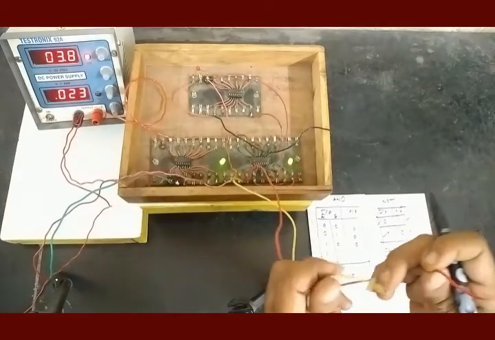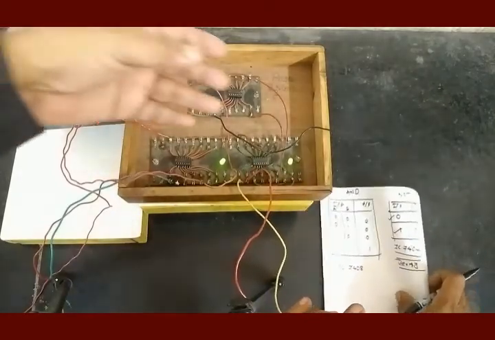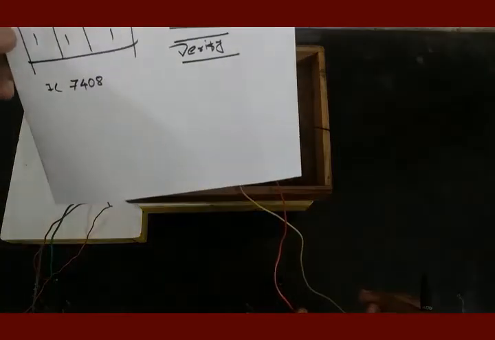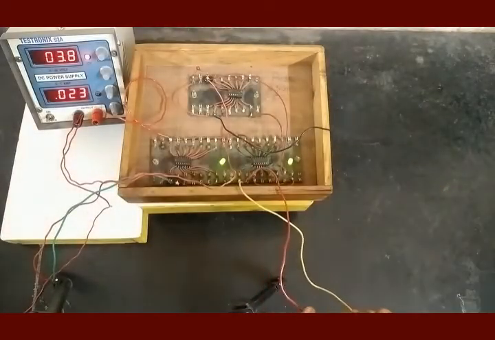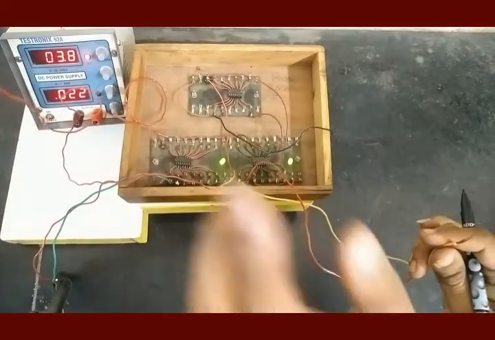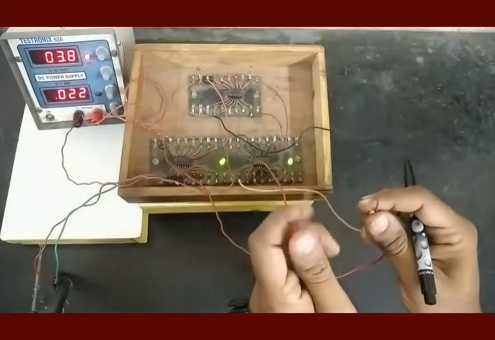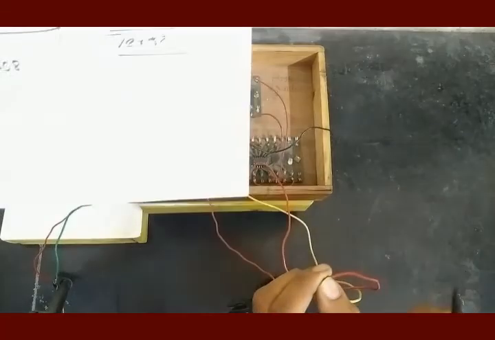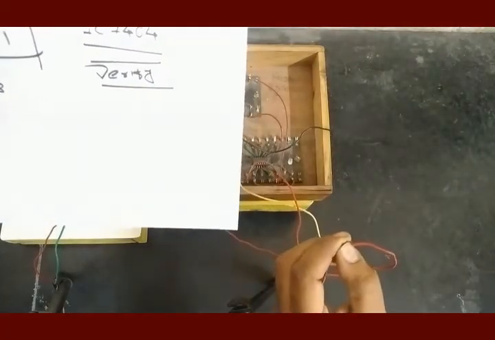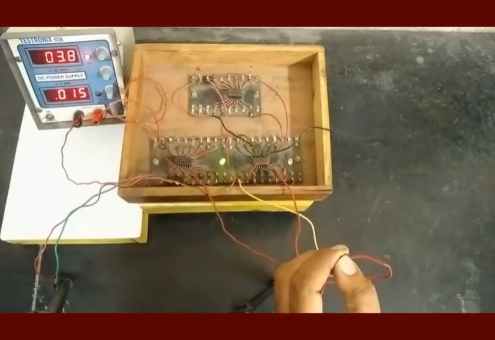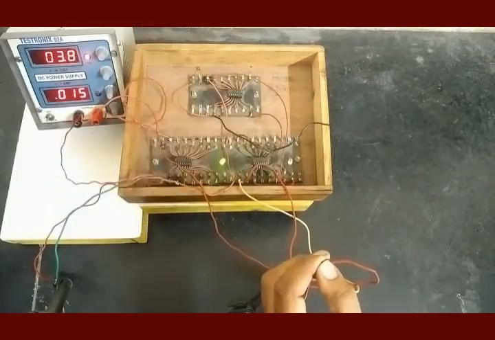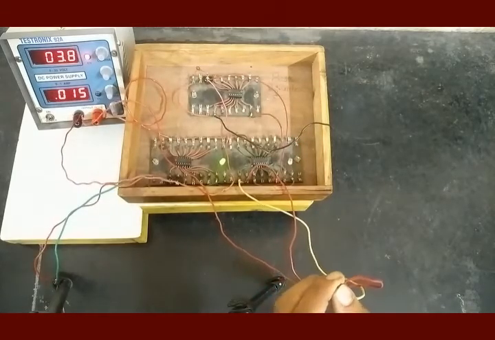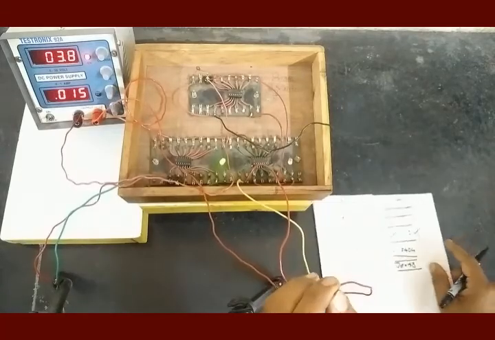Okay, let us start from the first condition. What is the first condition in the truth table? You will find that the first condition in the truth table is A is 0, B is 0. That is, we have to connect the ground wire to input A and input B simultaneously, so that A will be 0, B will be 0. When A is 0, B is 0, for the AND gate, output is also 0, and what you find here? You will find that here the output is also 0. First condition is verified.